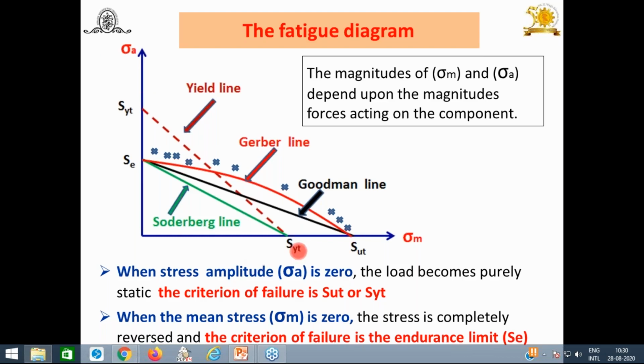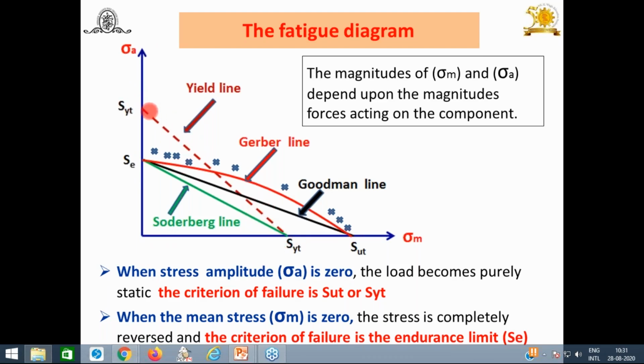Second thing, again, you know very well. First of all, on the x-axis, you have to locate SYT, from 0. If you refer to a stress-strain diagram, you will find the yield point occurs first, and after that, SUT is the maximum limit. You can locate these points, SYT and SUT. Try to understand. Then on the y-axis also, you can locate SYT. Suppose we consider one component with a material, the SYT value on the x-axis and the SYT value on the y-axis remain the same.